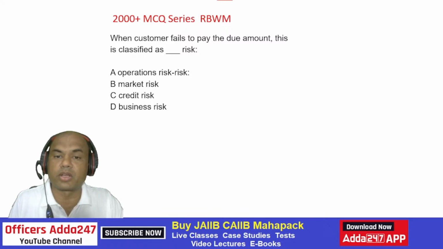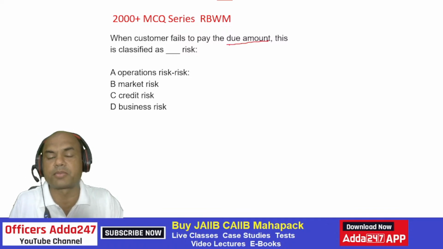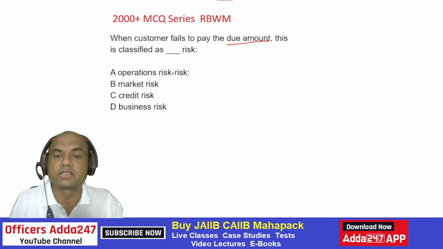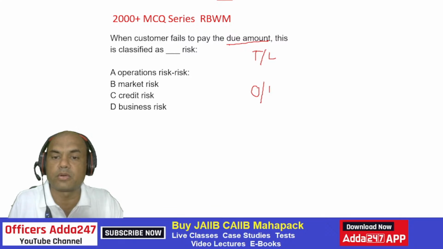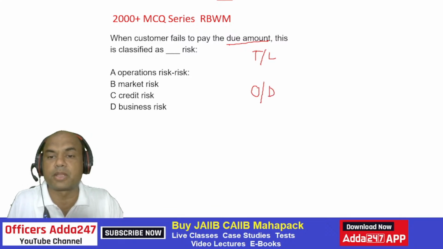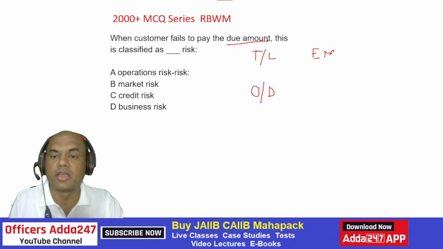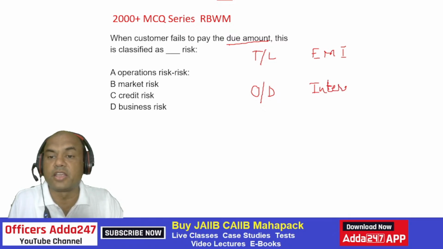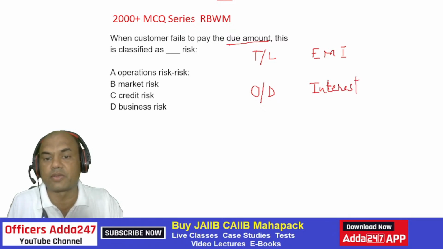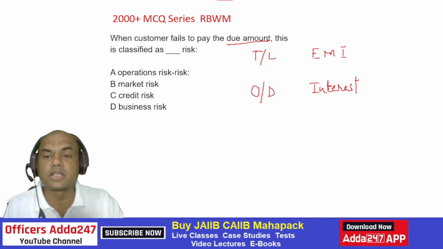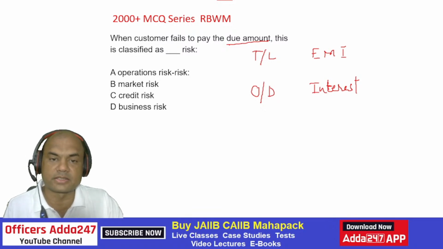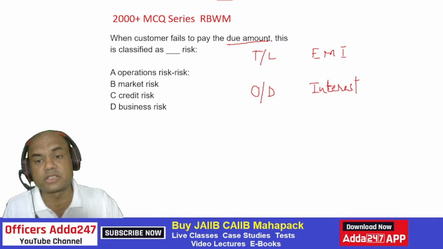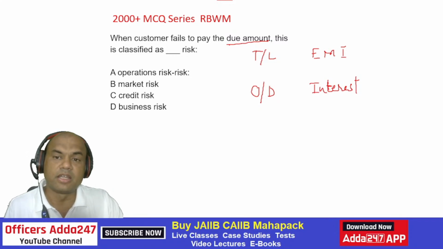So what is the due amount? Remember there are two types of loans in banking. One is term loan and second is OD. In term loan you have to pay the EMI, and in OD you have to pay the interest, and if the bank demands, then the principal, otherwise generally the interest. So this is known as the due amount, EMI and interest. So when the customer fails to pay any one of these,